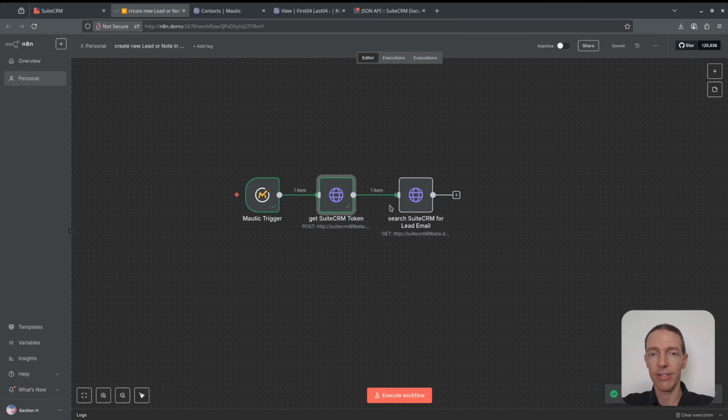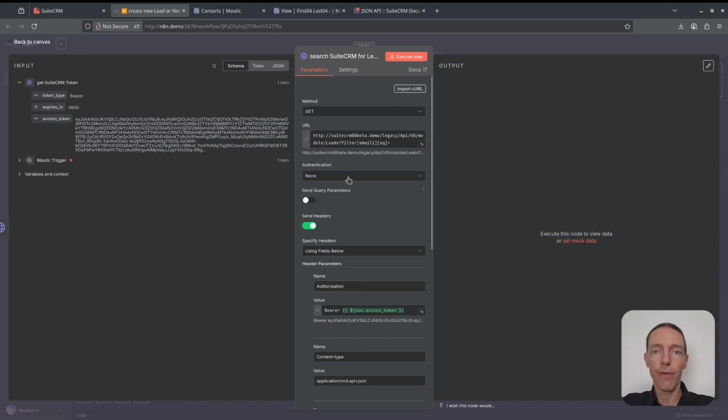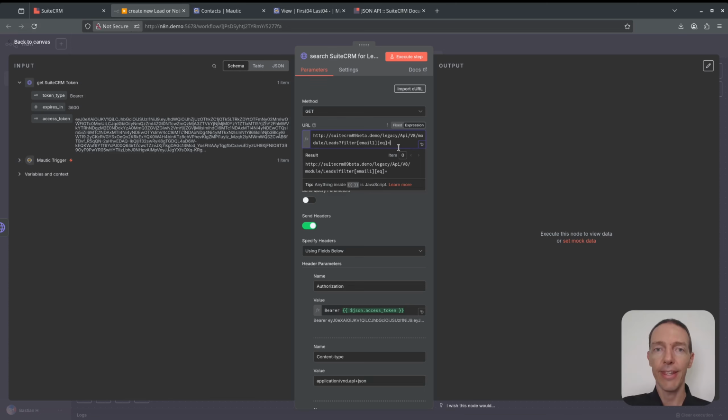We need to access the real data. So here we're getting the token from the CRM system, and the first thing that I want to do now is I want to search for the leads by the email. For the email, in most cases, that should not be a problem at all. There is email 1, email 2, and you can just search by email 1 if you usually have only one